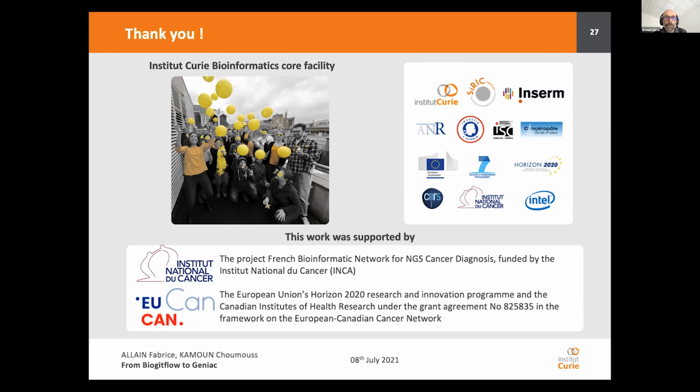And in the case of your team, how many people are working using this procedure? Or in the context of the project, maybe not only your team, but in the context of the whole project.